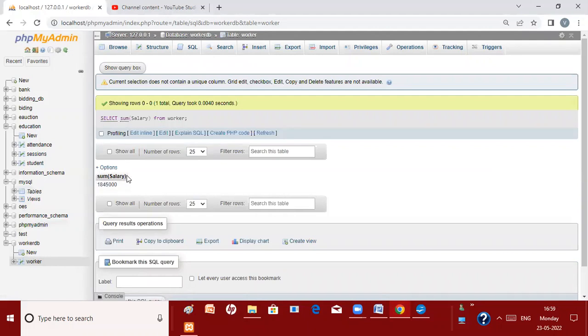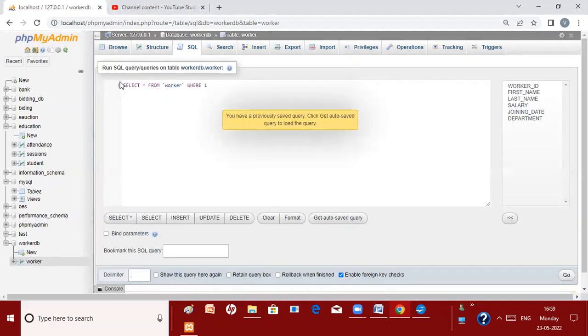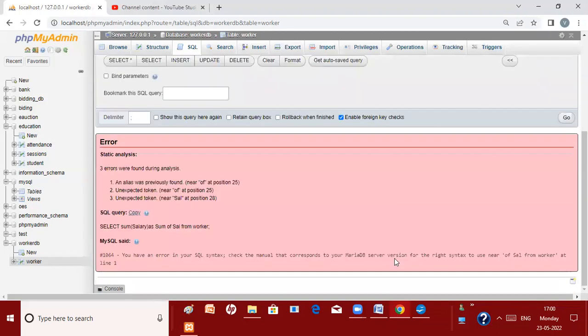Now, if you want to change this heading to total salary, or sum of salary, you have to specify as here. Okay, as sum of salary, or as total salary, whatever you want. Okay, you have to specify here